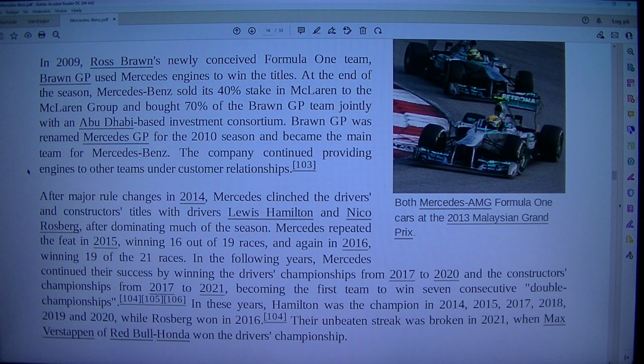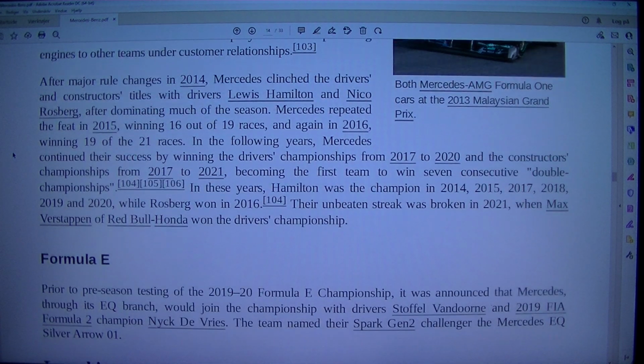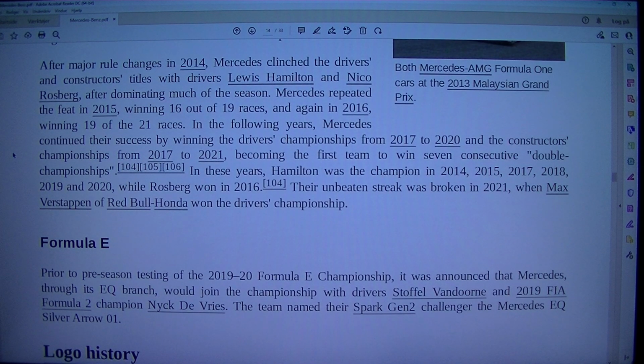In the following years, Mercedes continued their success by winning the Drivers' Championships from 2017 to 2020 and the Constructors' Championships from 2017 to 2021, becoming the first team to win 7